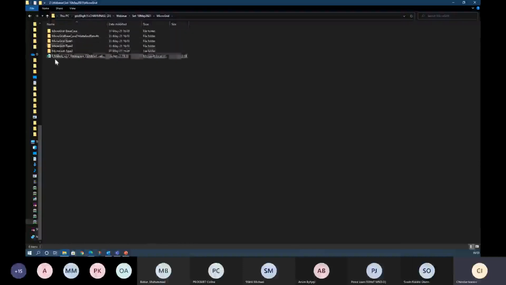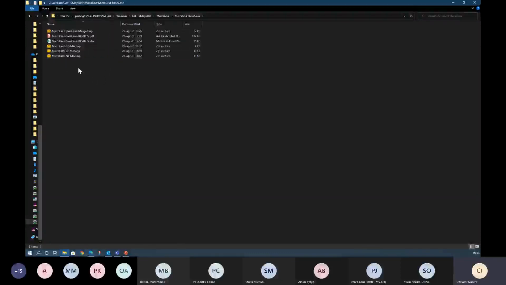So for the microgrid, we have these different folders here. The base case is one thing, and then we have 3 types. The dynamics is also put here separately, so this adds on top of the base case. So let's go and see the base case now. Here you see the merged test configuration, which includes the 3 model authorities: Belgium, Netherlands, and the boundary.